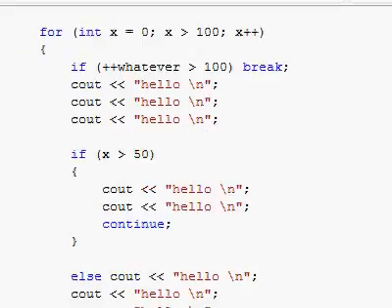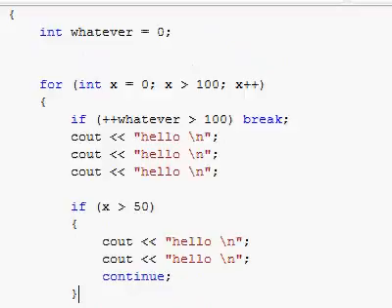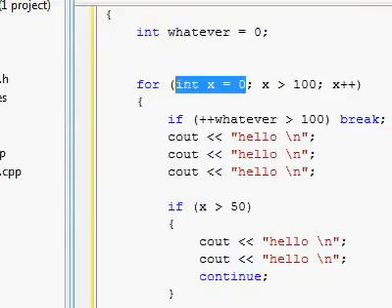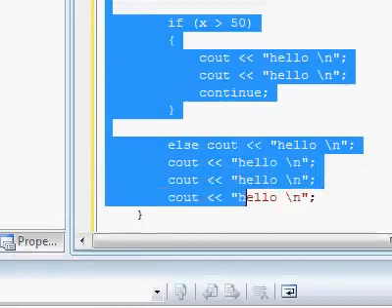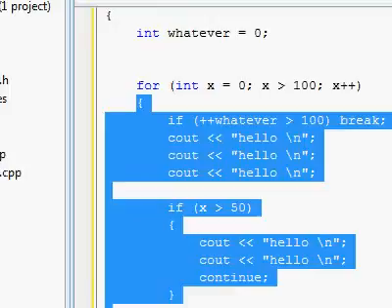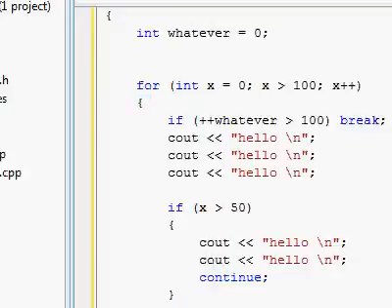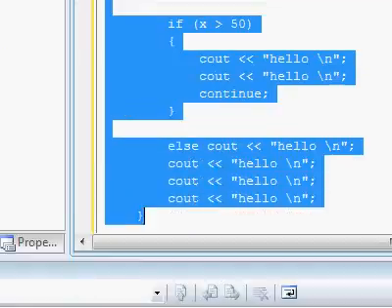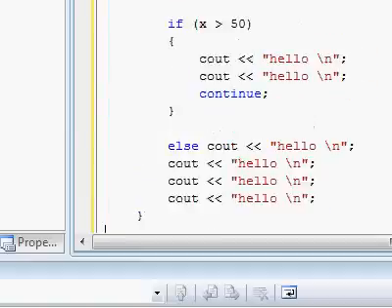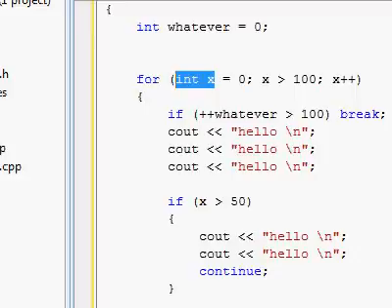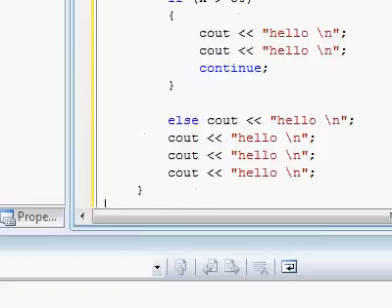All of the loops, the for loop, the while loop, and the do while loop, have all the rules of scope and visibility, whether they are using braces or not. So, for example, this integer x that was created right over here, even though apparently it is outside of the opening and closing brace, is still considered inside the scope, the code block of this for loop. So it will only exist for the lifetime of this for loop, and as soon as we exit the for loop, that variable disappears, which means you can't use it anymore, and you can create a different variable with the very same name.